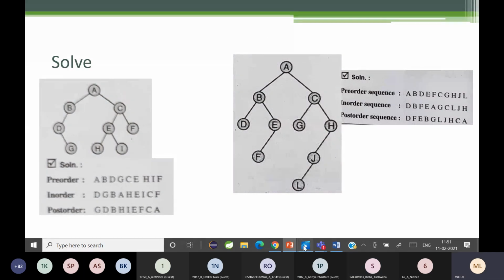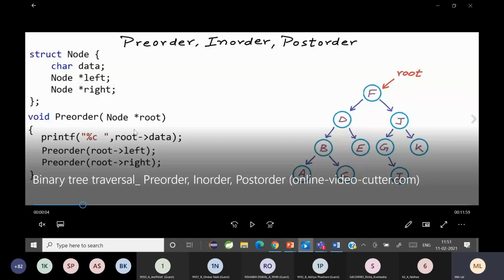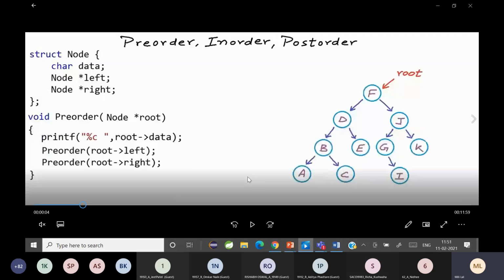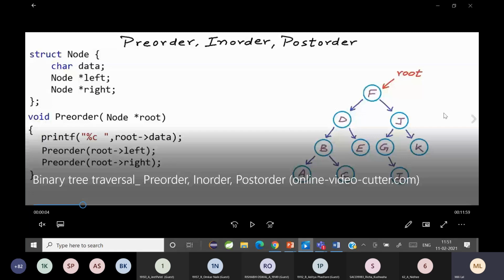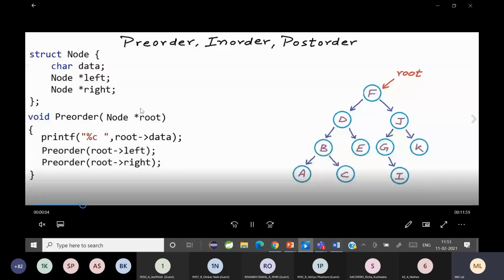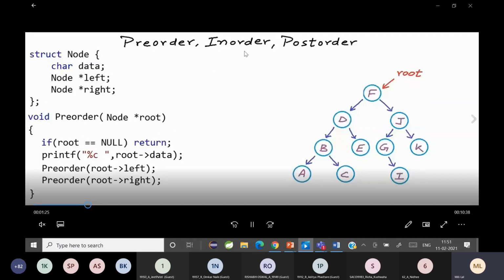Now I'll show you why it is called recursive. If you can see my screen, can you see the screen? Yes, ma'am. So see how it is done. F is the root node, and it's pre-order, in-order, post-order. They first start with pre-order.